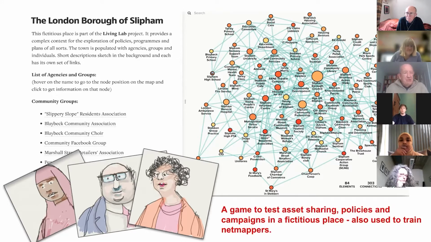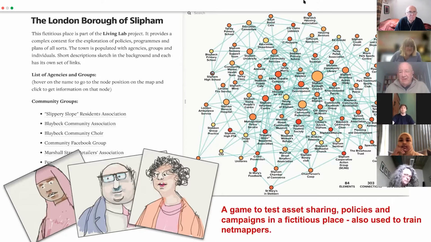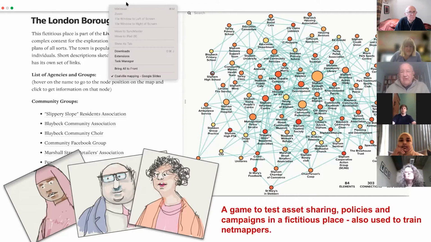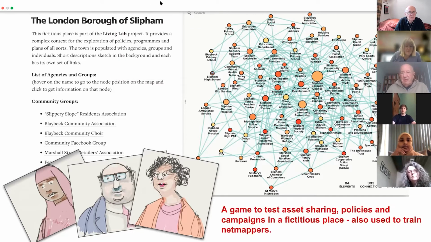We even have a group called Space Race who are looking at the reuse of derelict buildings. Very much akin to what Dina was talking about earlier on. And the whole point of this is to be able to explore that map and think about what new collaborations you might need to mount a particular campaign. There are several campaigns that are built into the model, one of which is the reuse of a leisure centre. So again, there are all sorts of crossovers between here.